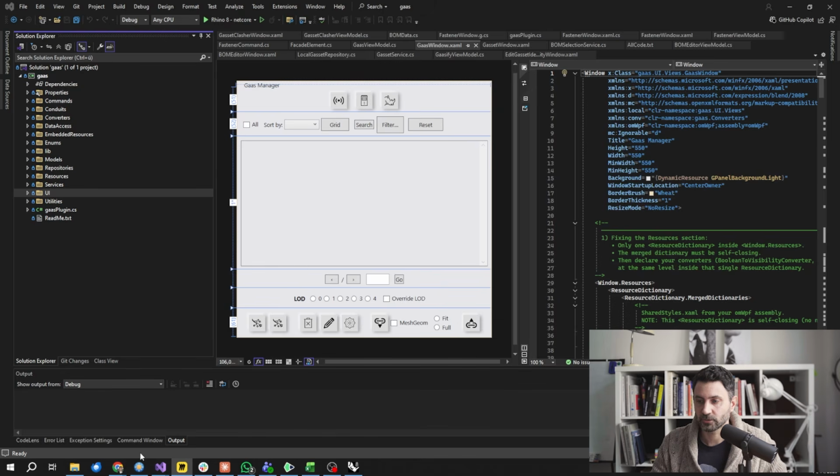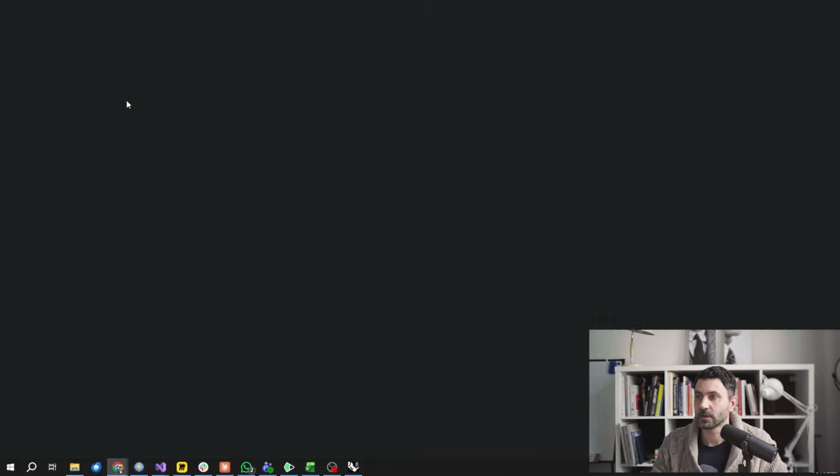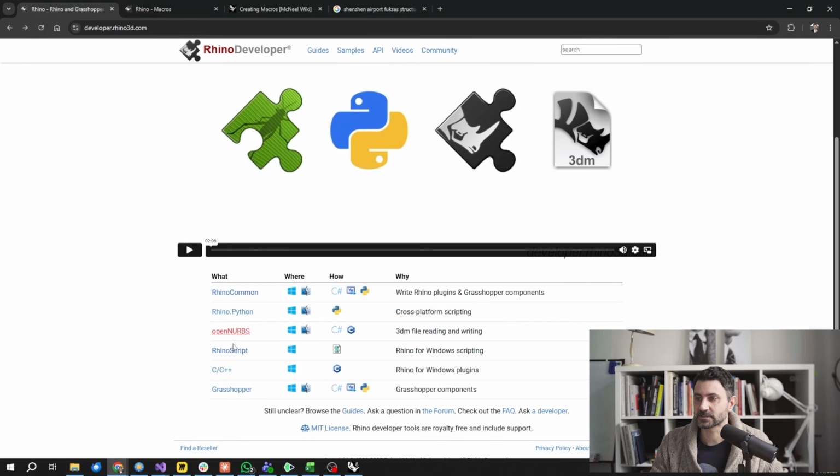You can do some macros. Then you can do some scripting. This Open NURBS is just a NURBS library if you want to learn about geometry itself, but that's not necessary here for the development. You have Rhino Python for scripting after macros and this VB scripting if it's still alive. And then you can move to Grasshopper and visual programming, and then you saw that you can insert scripts into Grasshopper. You can create your components inside with those C# components, but you can create those components outside, like